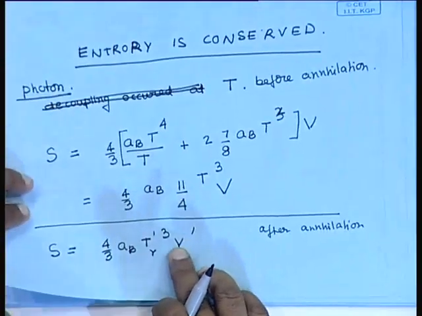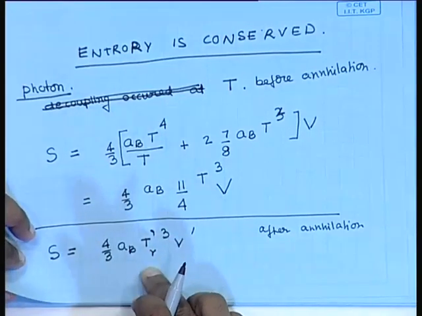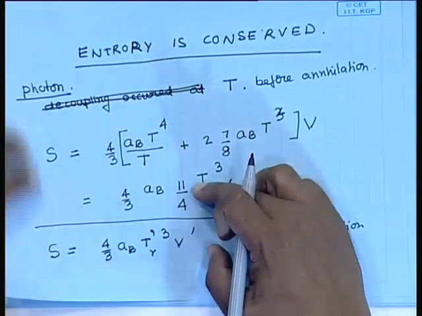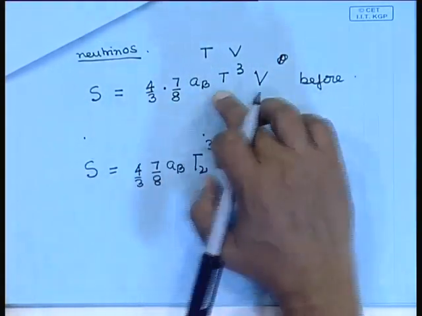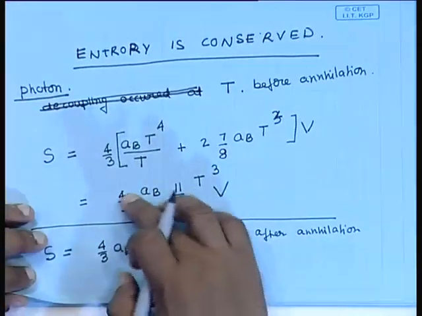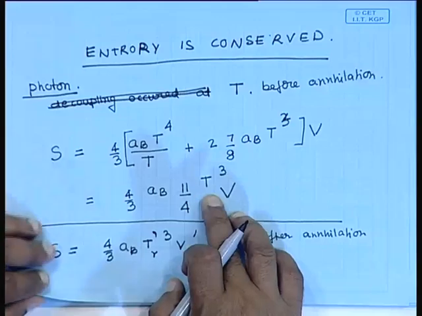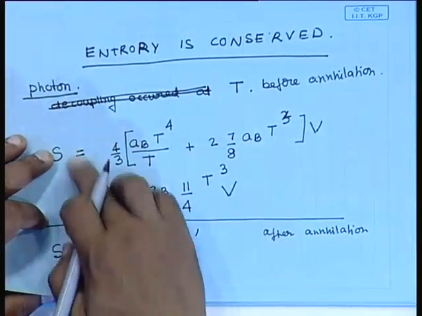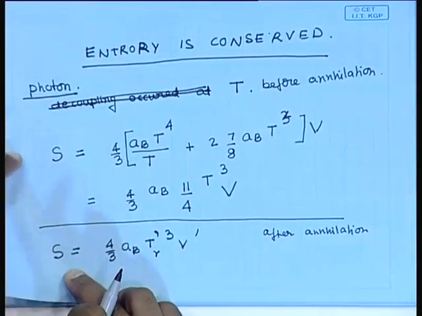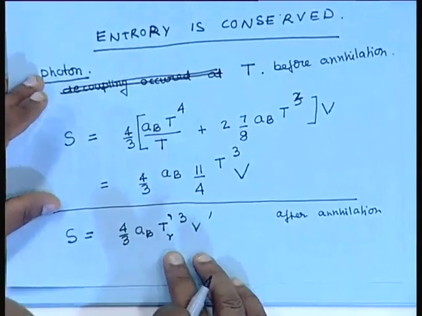Afterwards, it is obvious that the temperature of the photon has changed. Okay, so here the temperature of this and this is the same, because the neutrinos have decoupled. This continues to be in thermal equilibrium with each other, the electron positron. So they exactly evolve in the same way. After annihilation, the excess entropy, the energy has been dumped in, but the entropy between here and here is the same. So now what we would like to do is determine the ratio